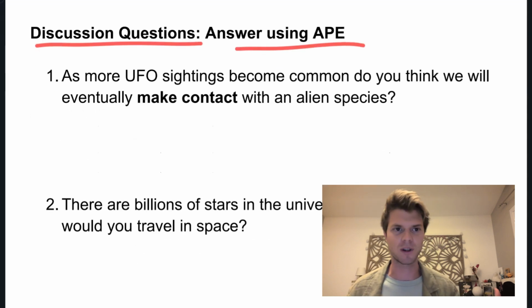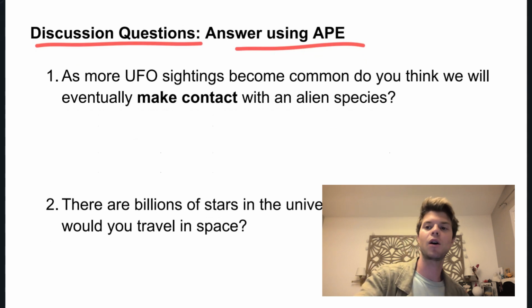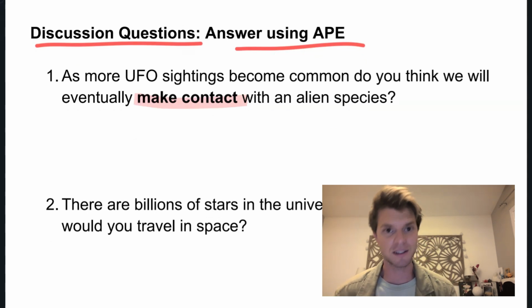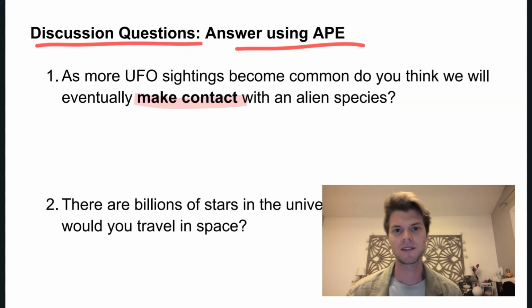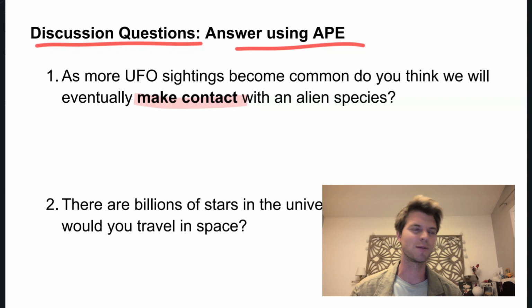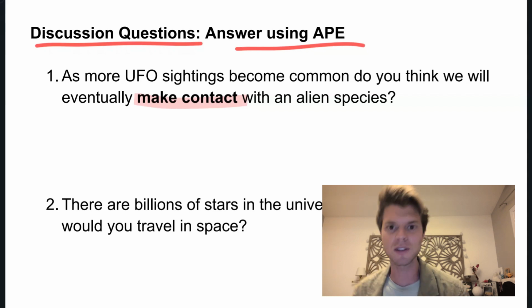Here are some questions. Number one, as more UFO sightings become common, do you think we will eventually make contact with an alien species? Make contact is a very nice phrase. It just means meet. Meet them. Like, will we meet an alien species? Will we make contact with them? Will we meet them? But we use make contact usually when we're talking about a different species,